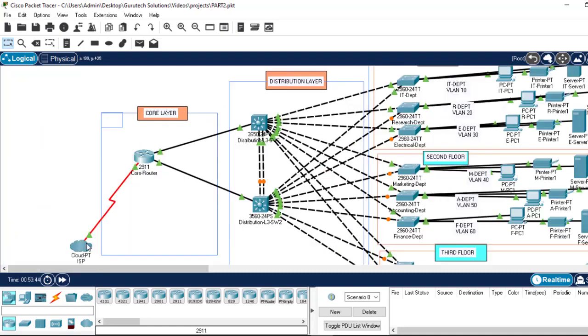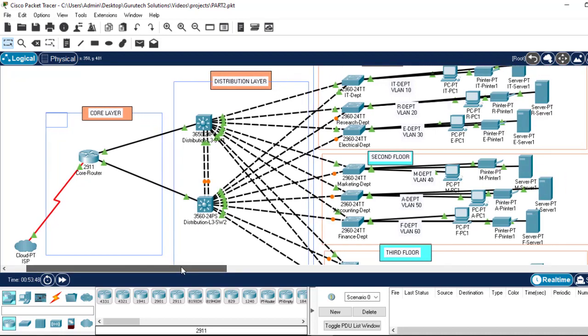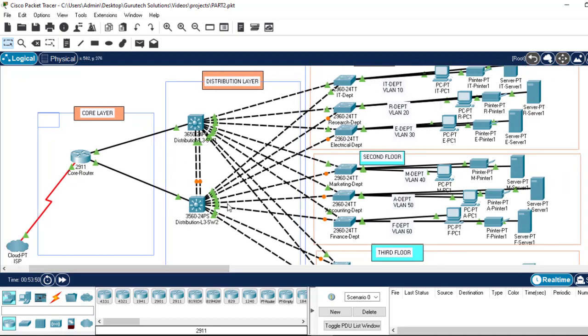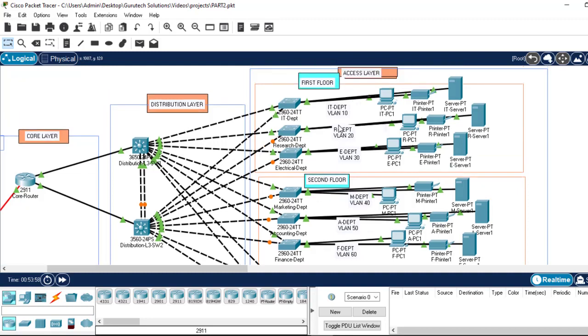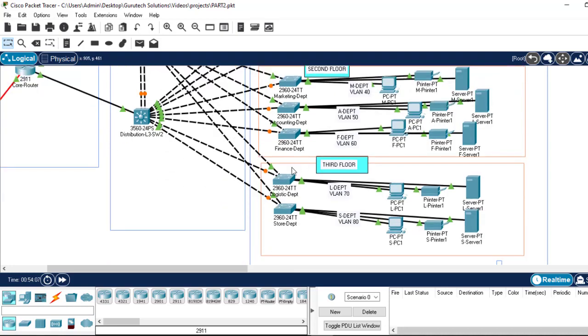We had the internet service provider, then the core router in the core layer, 2 distribution layer 3 switches at the distribution layer, and